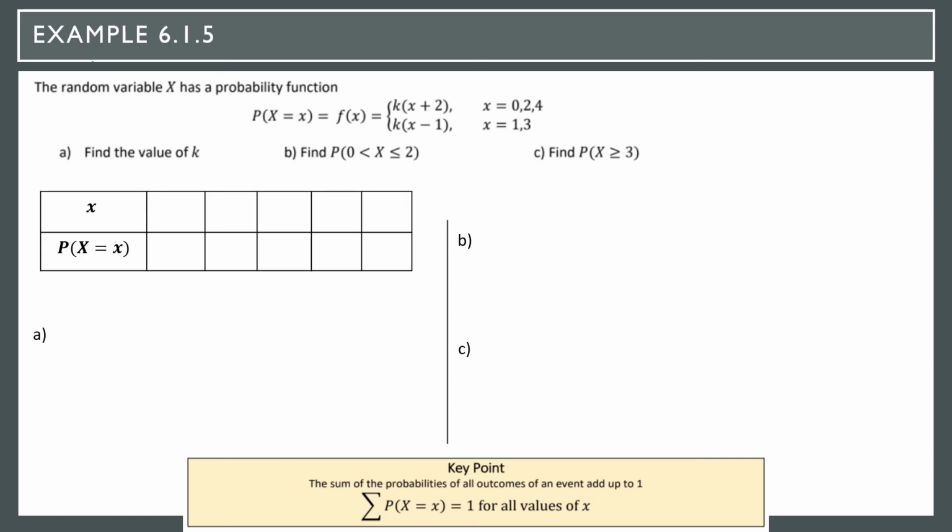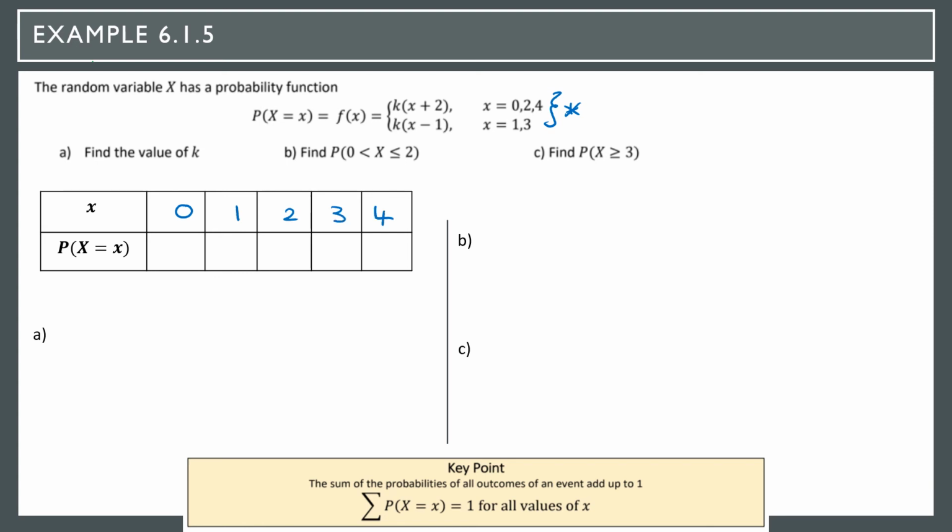Example 6.1.5. So before we attempt part A, I am just going to rewrite the probability mass function as a probability distribution. You may have done the same, and if not, please don't worry, it's not a required step, but as mentioned earlier, summarising our information in a probability distribution can make it much easier to see individual outcomes and their associated probabilities. In terms of finding the probability distribution, if at first we consider the possible values of x, we can see here from our probability mass function that these are 0, 1, 2, 3 and 4, and we